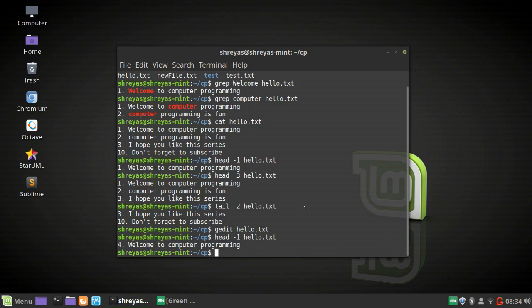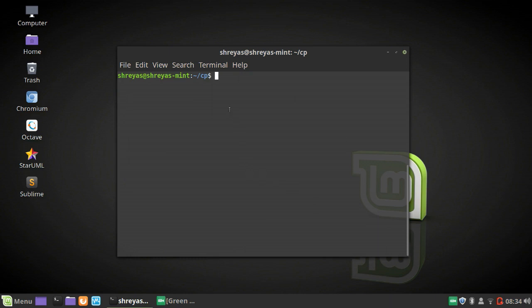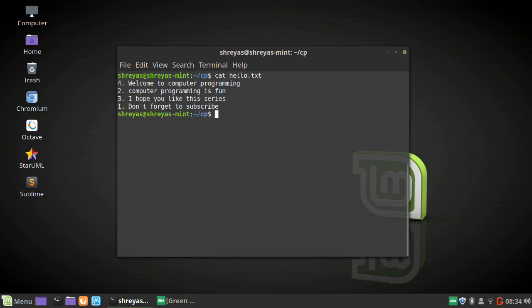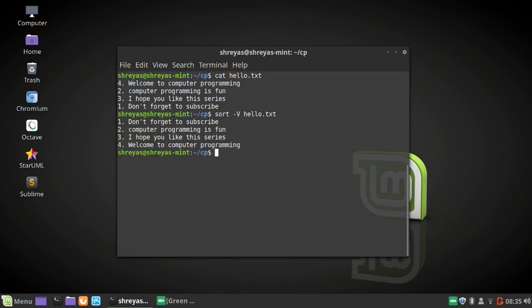So what do I do if I want to get line number 1 in my hello.txt file? Let me just clear this once. So let's just read hello.txt. Of course, if I knew that line number 1 is at the end of this file, I could just use the tail command and read the last line, but I don't want to do that. So what I can do is I need to say sort. Just for safety, I'm going to use the V flag because these are all numbers, although it won't matter too much here. Then I do hello.txt, and when I hit enter,